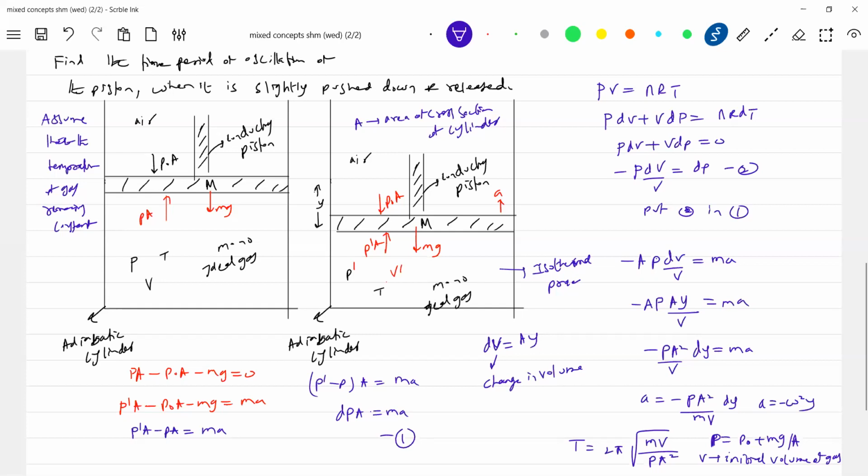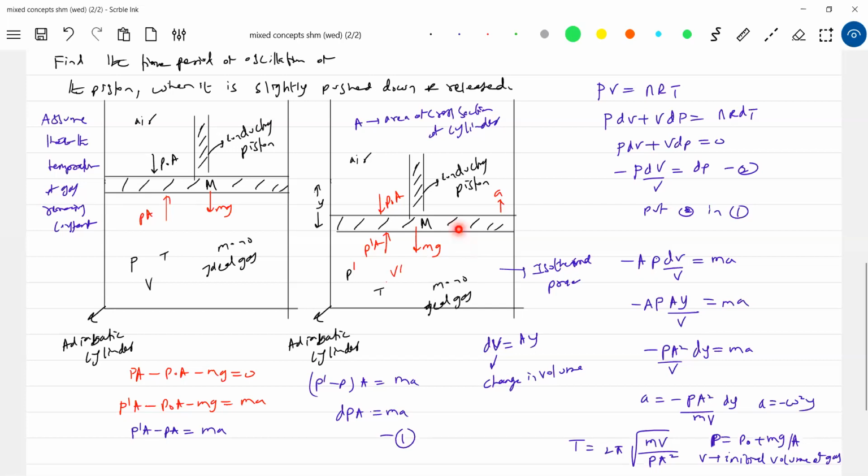Now, sir, how can you say isothermal? On what basis? It can be adiabatic also. If the time period is very less, the gas will undergo an adiabatic process. If the time period is more, then it will be isothermal. Very important. In later chapters, I'm going to take help of this problem. This numerical is going to help us a lot in one of the chapters.